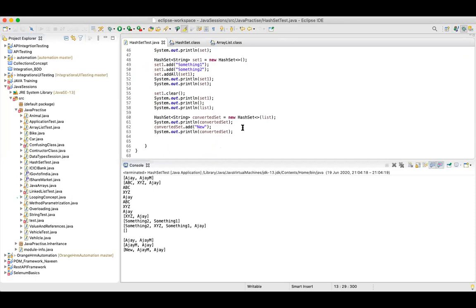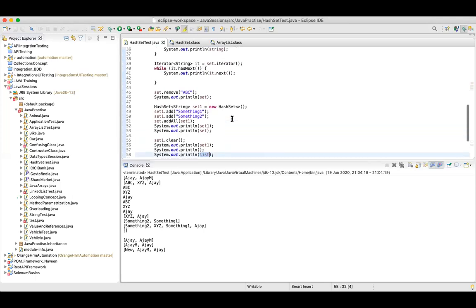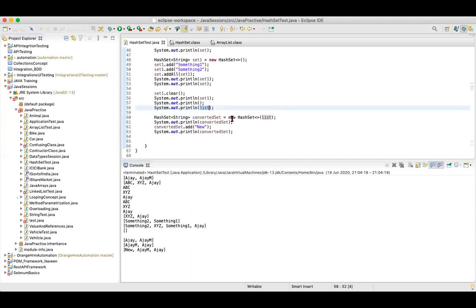Yeah, so Manju, basically we created a list, right? Yesterday or the day before yesterday or any time, let's assume you have a list. This is my list, and I'm printing my list. Now let's say you want to convert a list into a hash set. A list is a mechanism to store elements. In a similar fashion, hash set is another mechanism. These are two different provisions to store elements. But if you want to convert your list to a hash set, then you can use this particular method.